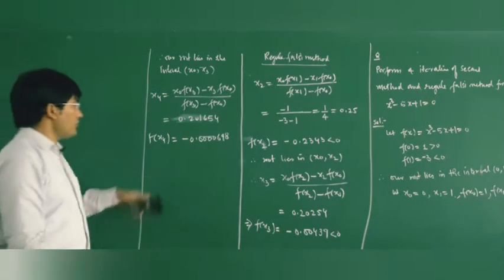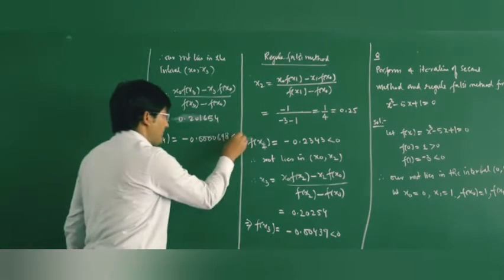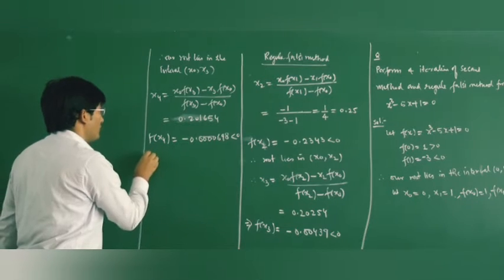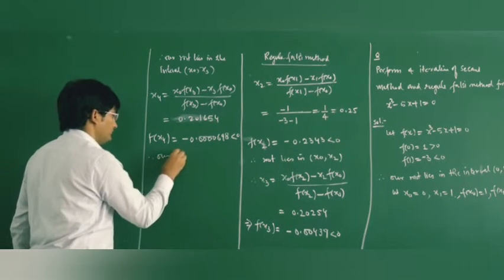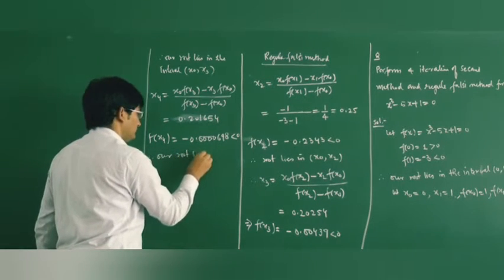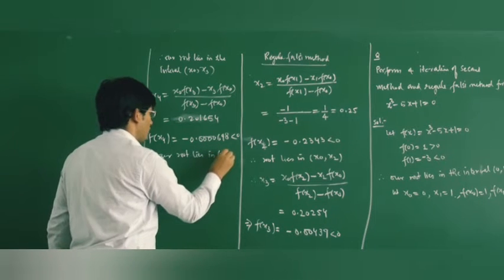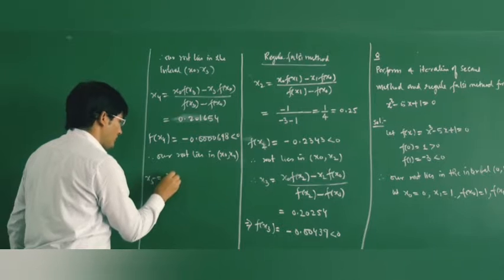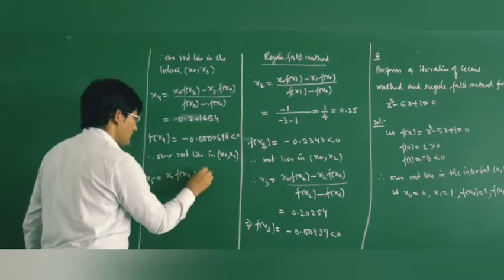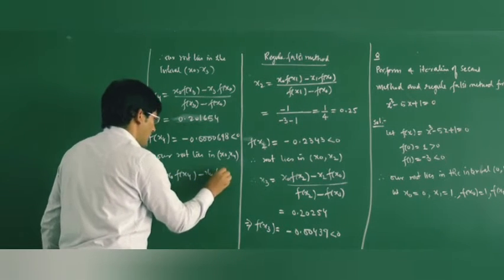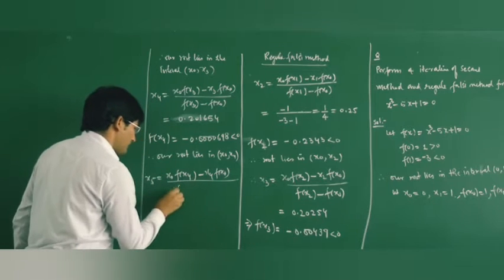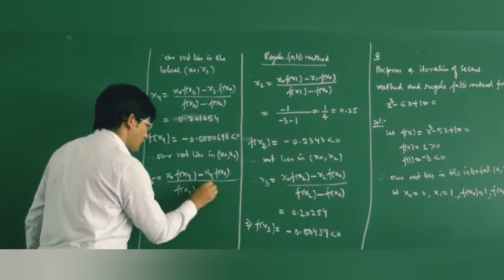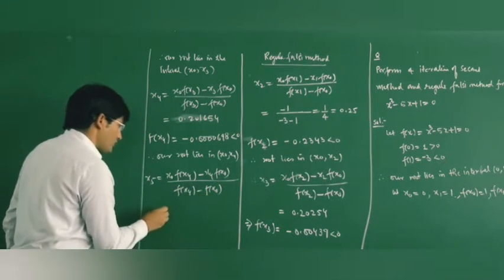So this is your value of the function. Again, this is your negative. Therefore, our root will lie in the interval x0 comma x4. Your x5 will be equal to x0 f of x4 minus x4 f of x0 divided by this f of x4 minus f of x0, and it is equal to